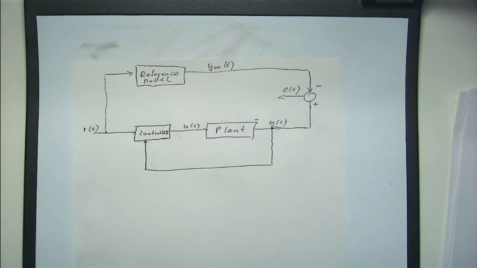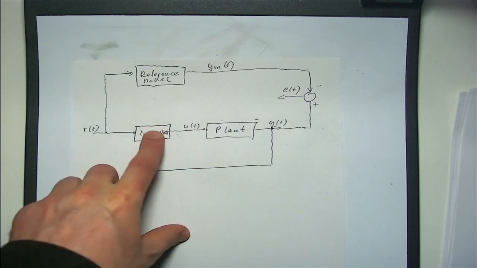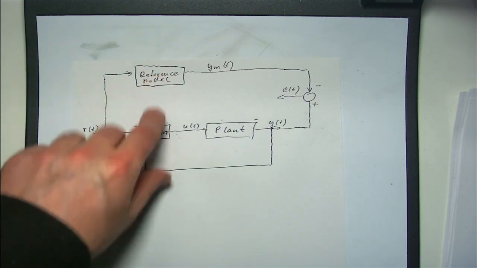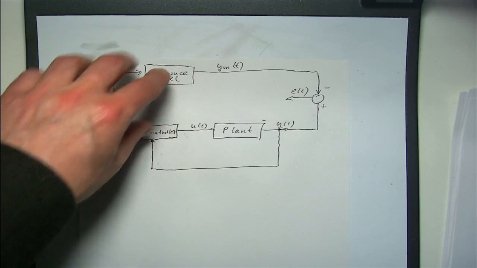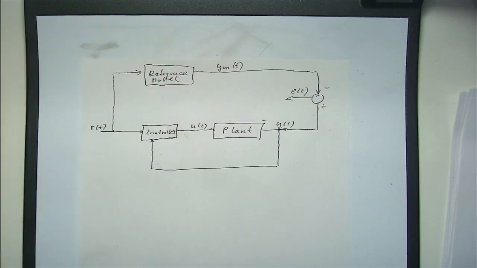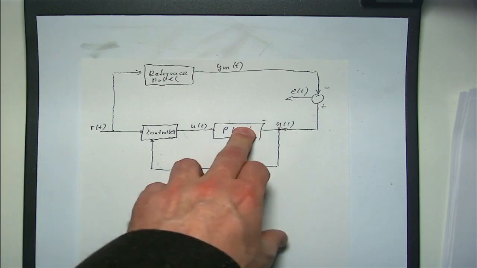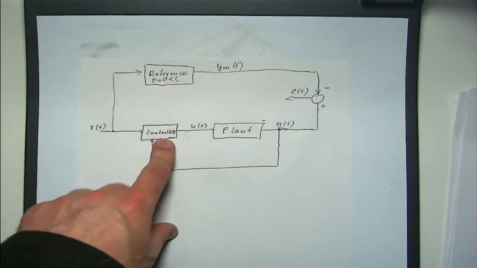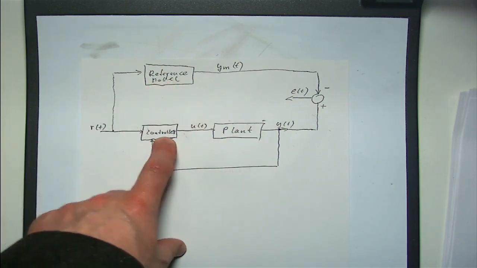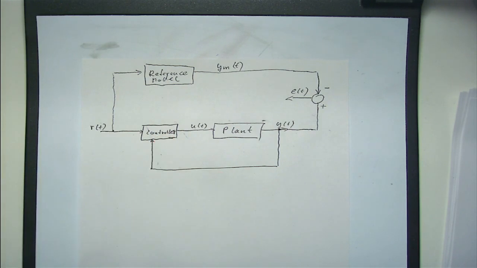And well, one can design a controller so that we follow the reference model. And if we have, in principle, a clear understanding of what the plant model is, then we can create this controller quite easily. And I will show you this as an example today for a first order plant.